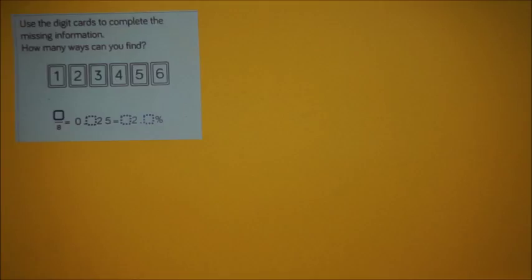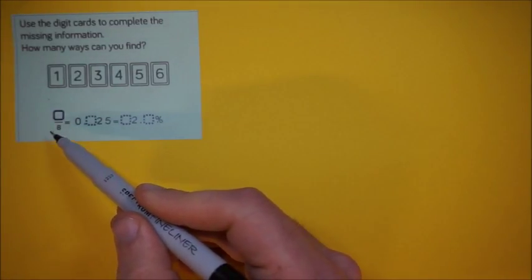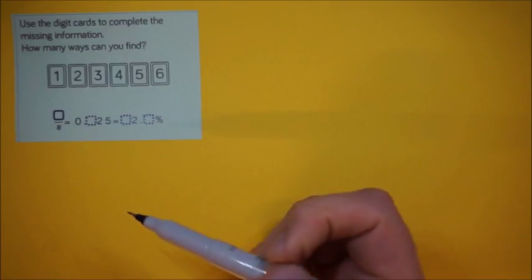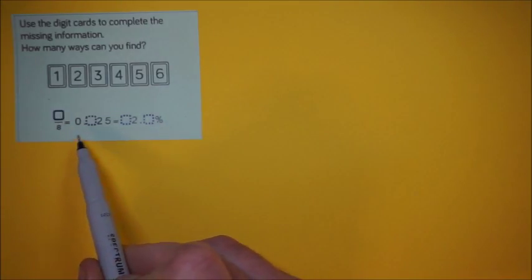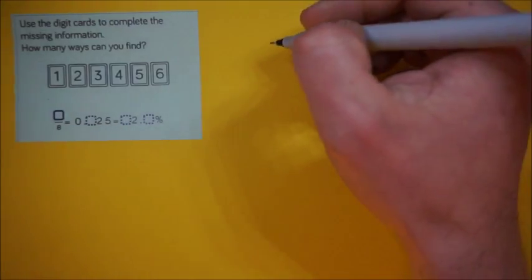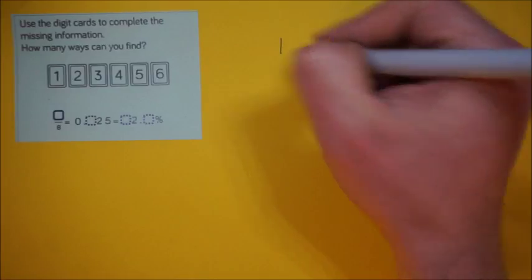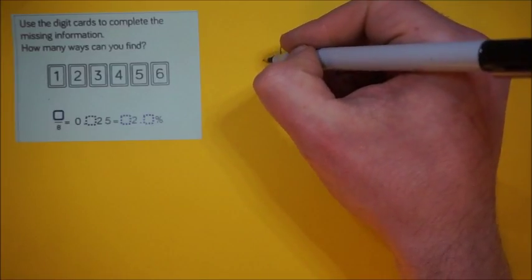Okay, your time is up, and that was a tricky one. So let's have a look at how you could have got an answer for this. So the first clue you've got here is your eighths. So you know everything is split into eighths. So what I'm going to do is figure out all the decimal values for eighths. What I mean by that is if I took 1 as in the whole and I divided it by 8,